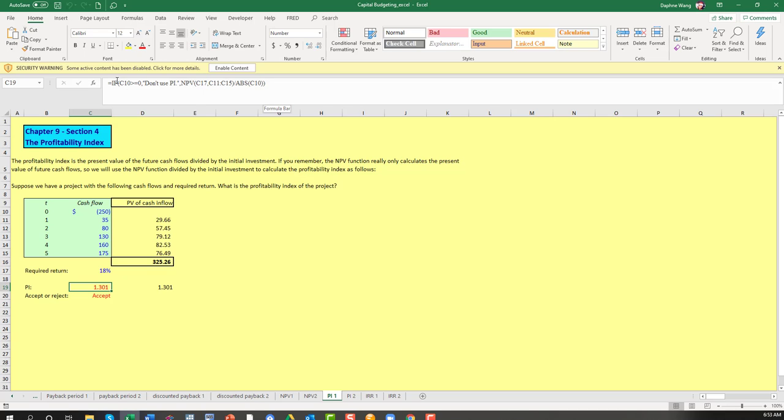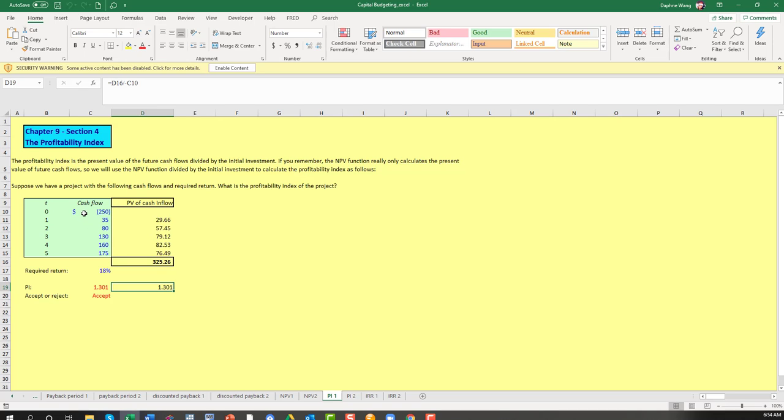Okay, so this is the function. If you don't know the function, you can also simply apply the formula. So D16 is the summation of the present value of the future cash flow divided by